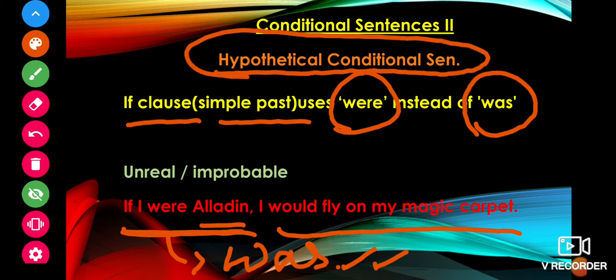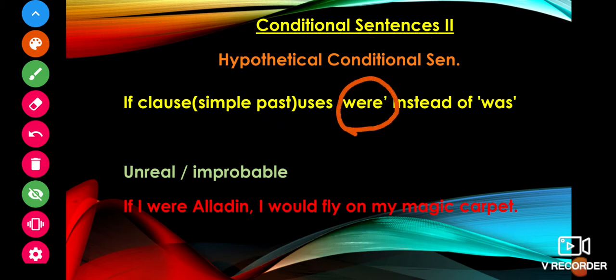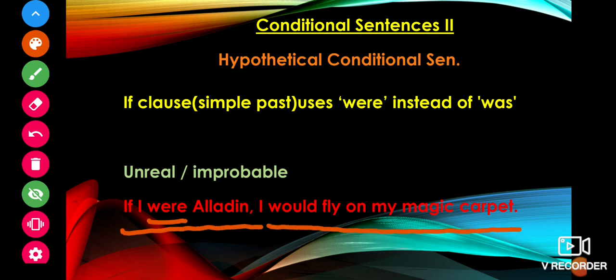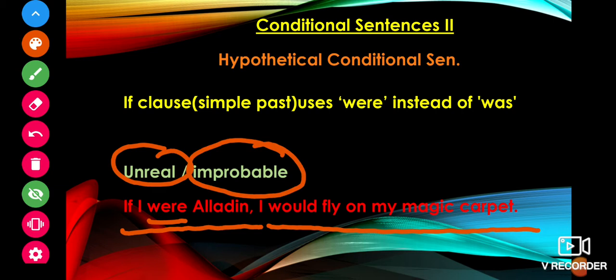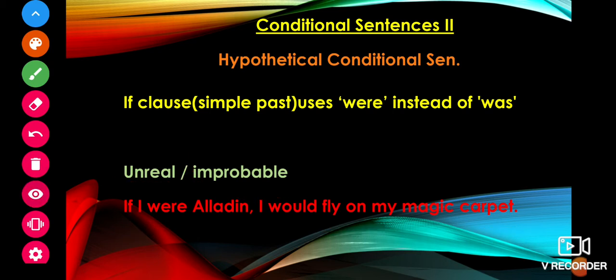So whenever we talk about something which is not real, we use were instead of was. So here we have used were. If I were Aladdin, I would fly on my magic carpet. Now we can see that this is unreal or improbable that we will become Aladdin and we will fly on our magic carpet. Let us move on to the next type,